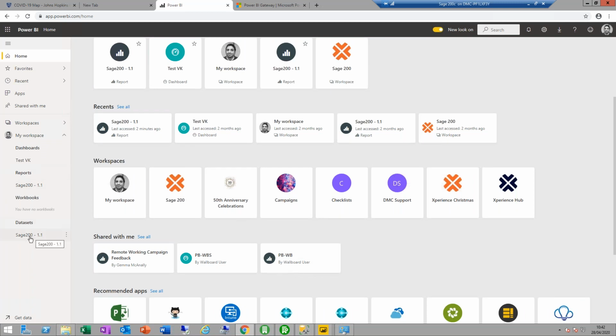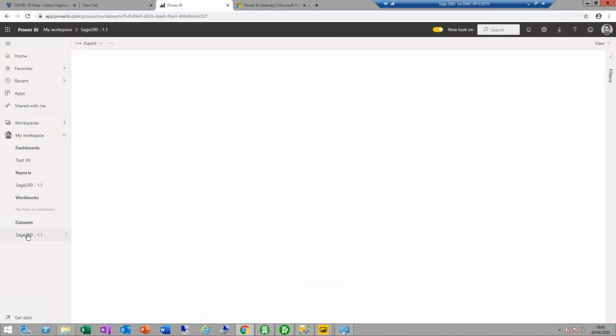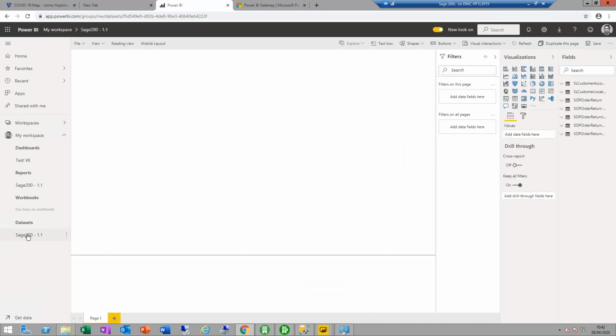The data set is where it's getting the information from, and the report is what we're looking at. If I click on the data set under my workspace, here's where it shows me the data set we're looking at, and you've got three little dots here for the menu, and in this menu there's an option for scheduled refresh. So we pick the data set that we want refreshing to happen on, and then we go to scheduled